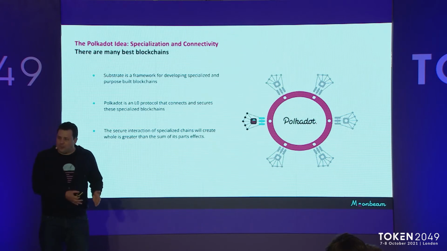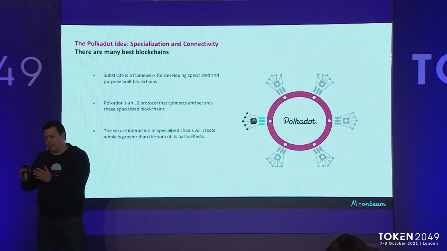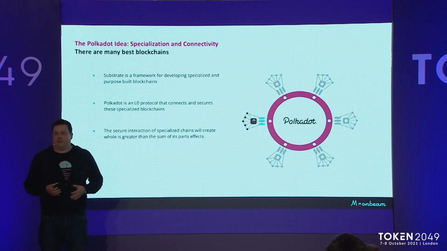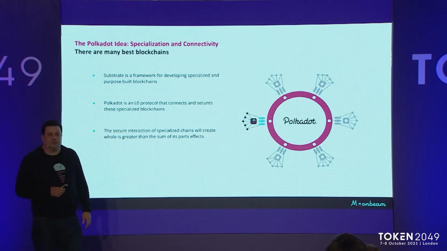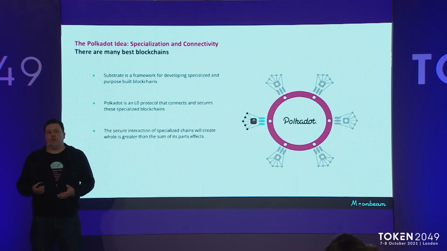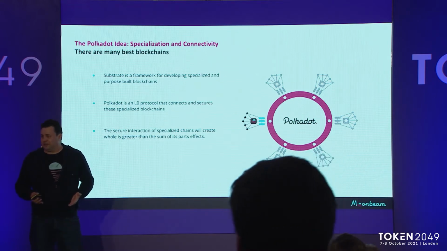A storage-optimized blockchain is going to look different than one that's optimized for a lot of transaction throughput, as an example. The goal is not to try to find one blockchain that can meet all the use cases out there in the world. The Polkadot idea is, let's create an environment where we can have many of these things.